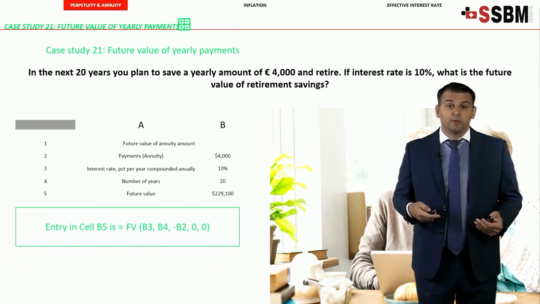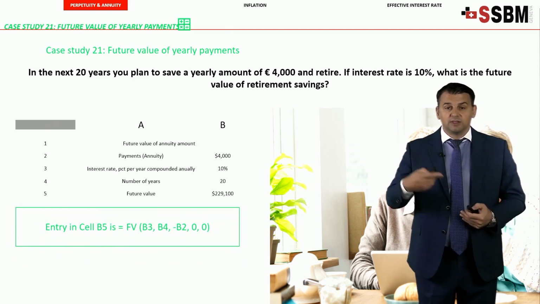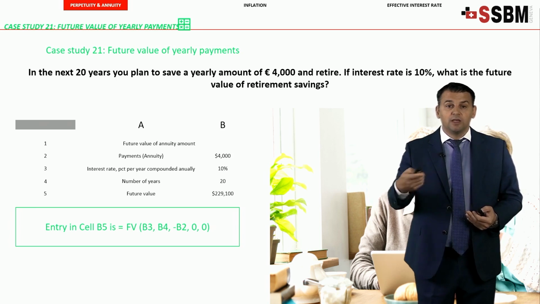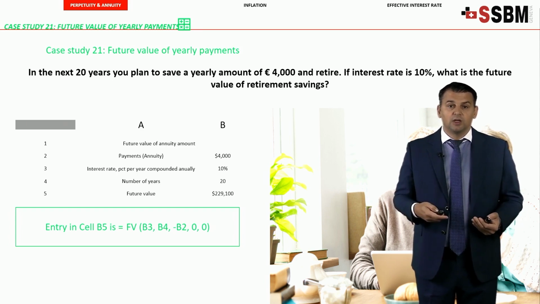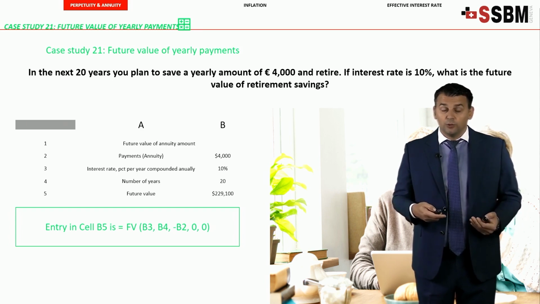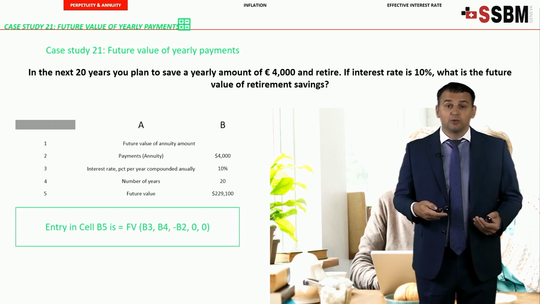You click on B3, 10%, on B4, 20 years, minus B2 because of the cash outflows, you are paying your annuities, minus B2, it's minus 4,000 every year. You don't have your present value, so it's 0, and the cash flows are at the end of the year, so 0 also. And when you click enter, you will have your future value, the same one,